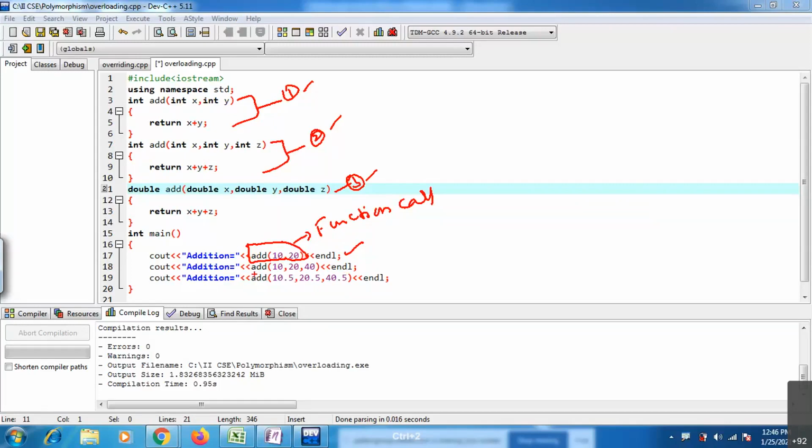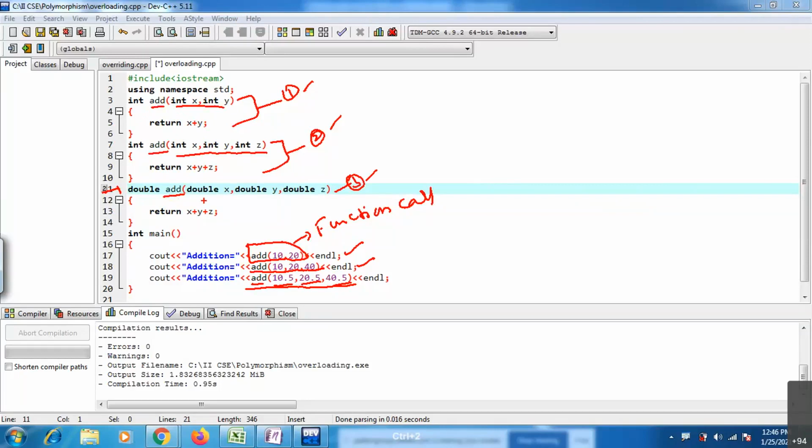In the second function call, add 10, 20, 40, the second one is going to be called. If you observe the third one, add 10.5, 20.5, 40.5, the third one is going to be called. The function name is the same, but you are giving some difference in the number of parameters, here 2, here 3.